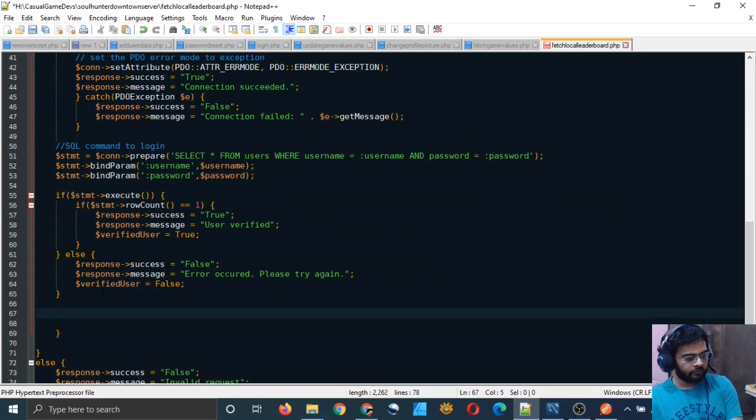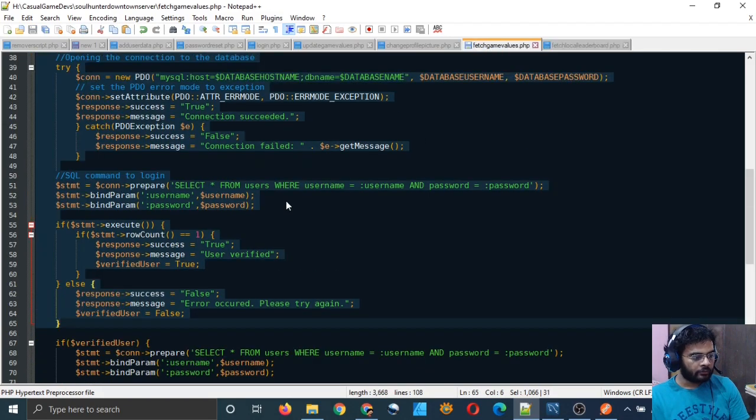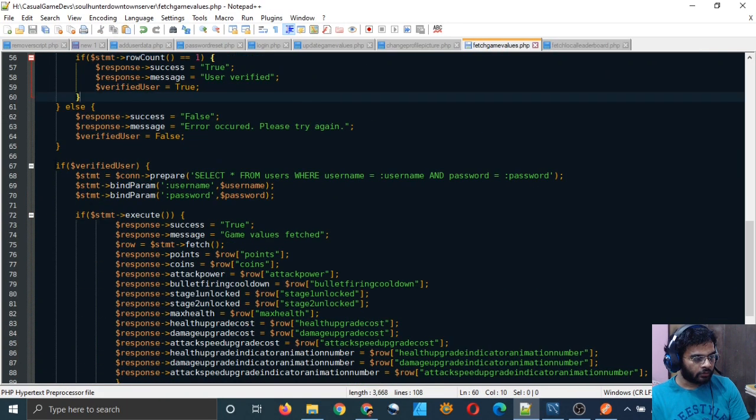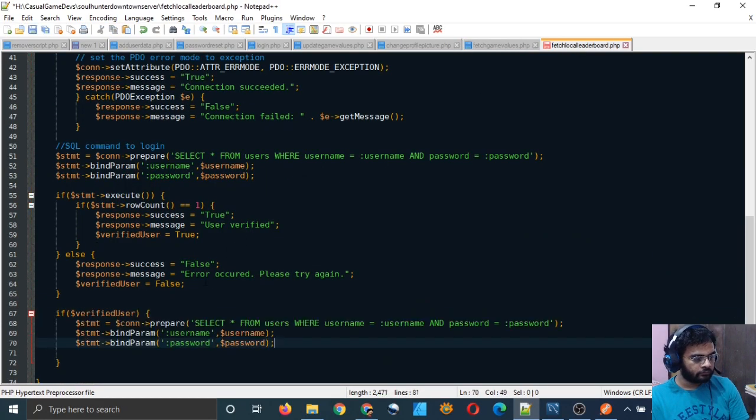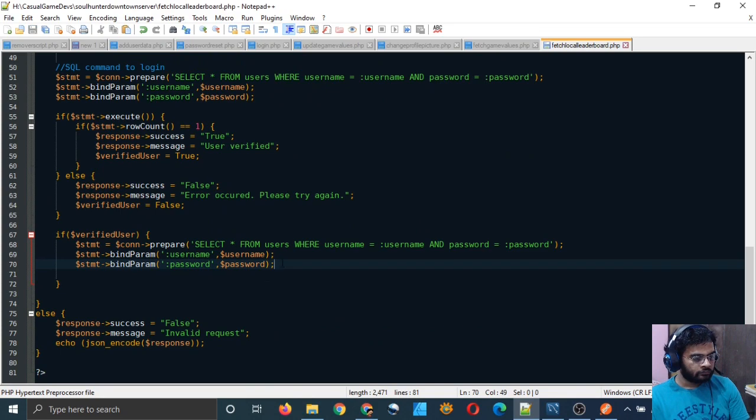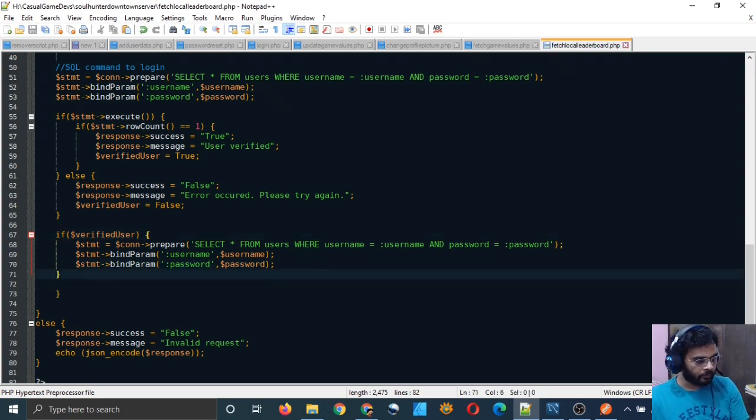And here again we will type this command to fetch something from the database. Yeah, so we have to close the if statement. Yeah, now that's better.